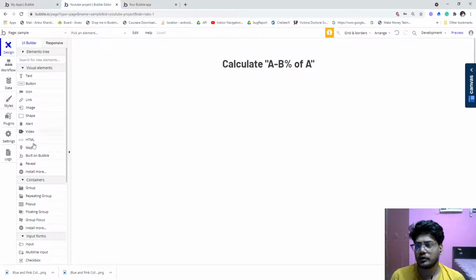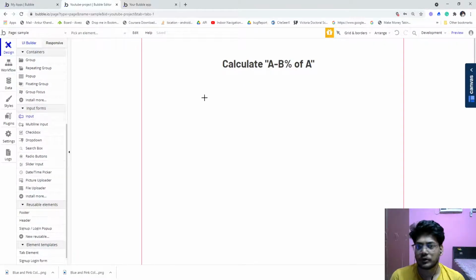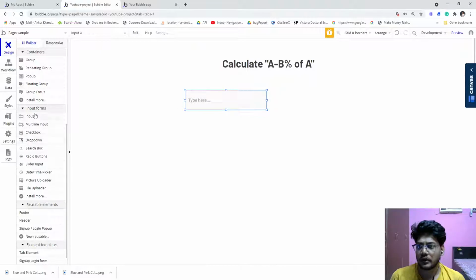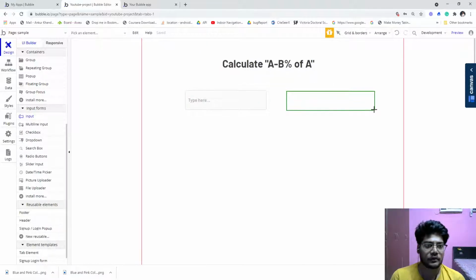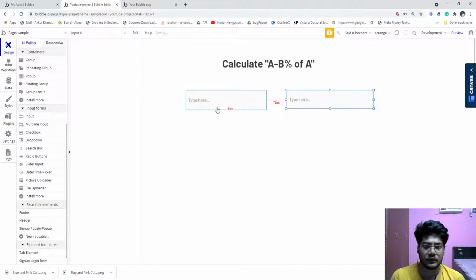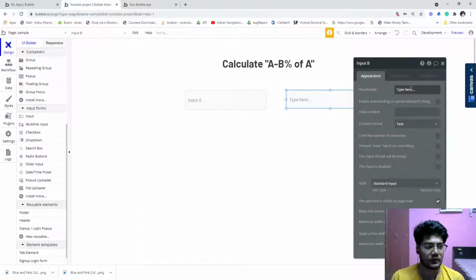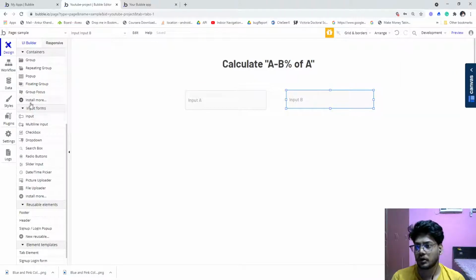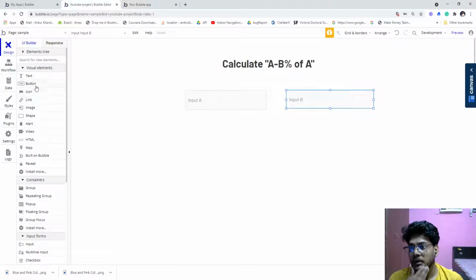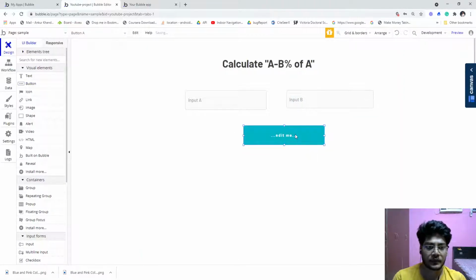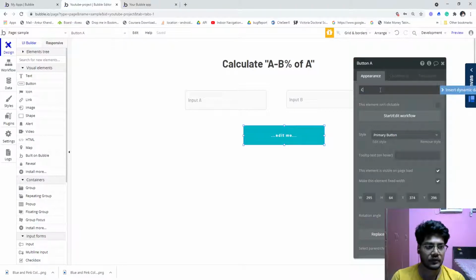First we are going to put an input, that is A, and also input B, and now we will put a button, name it Calculate now.